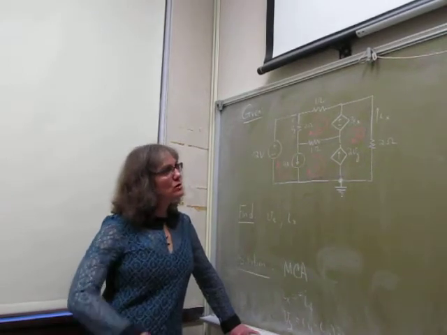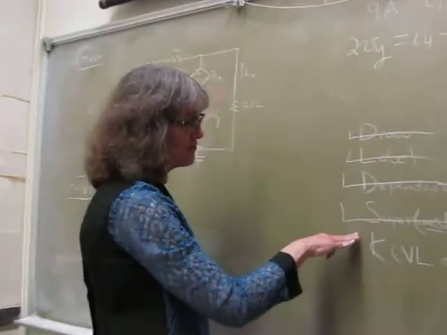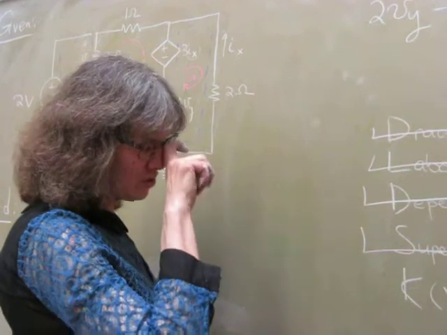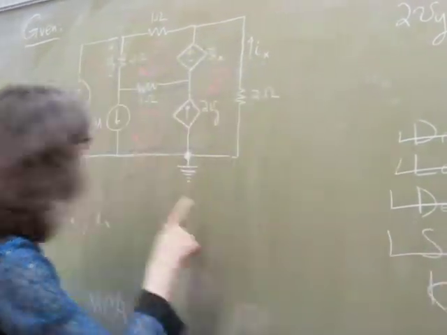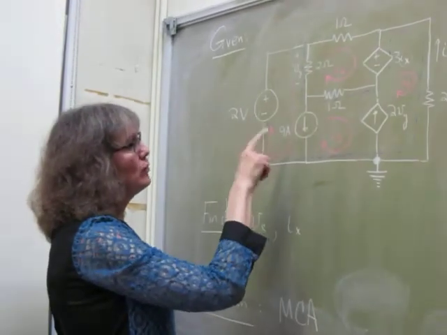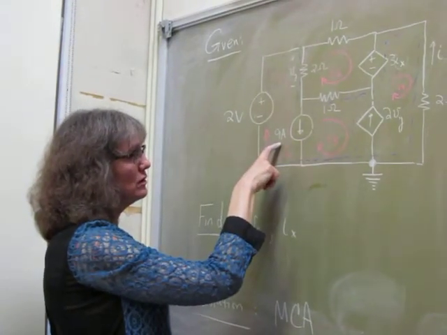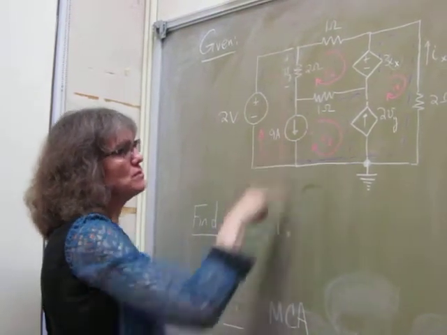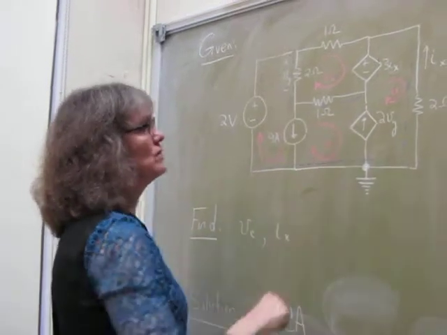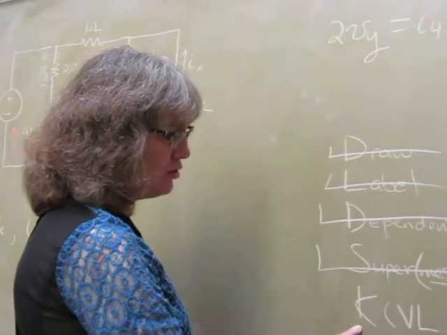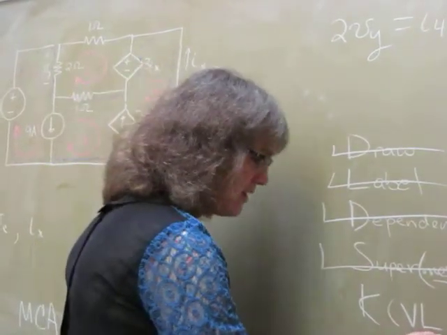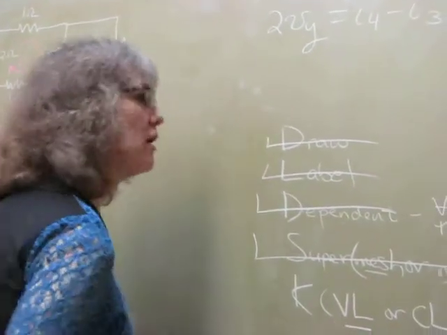Okay, so we just finished the fourth step in this process of mesh current analysis, where we identified the super meshes, and then we wrote the source current in terms of the mesh currents. And we did that for both of these super meshes. So the last step is Kirchhoff's, in this case it's going to be Kirchhoff's voltage law because we're doing